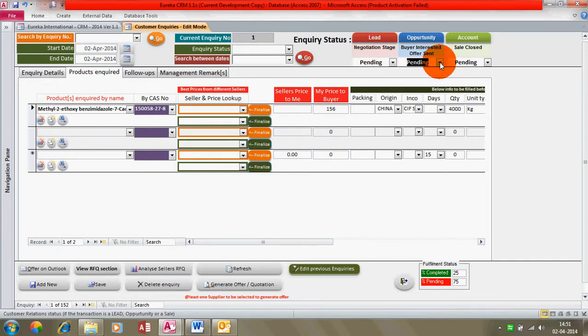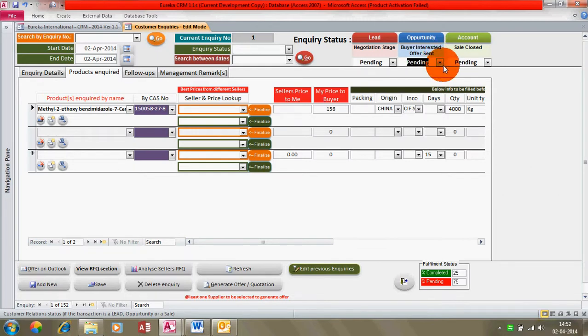When your offer is sent to the buyer, he is definitely going to take some time to go through your offer, and maybe he'll further negotiate with you, or maybe he'll finalize. So till the time you don't get any response from your buyer, you need to follow up with him. Till then, your status will always be work in process.